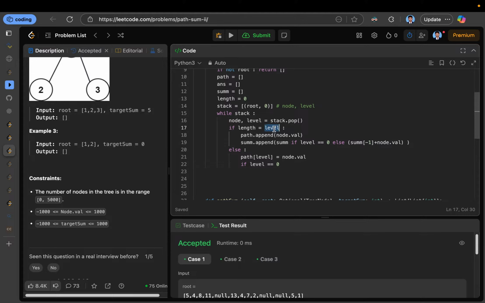Okay, it is length equals to level plus equals to 1. Okay, if level double equals to 0,